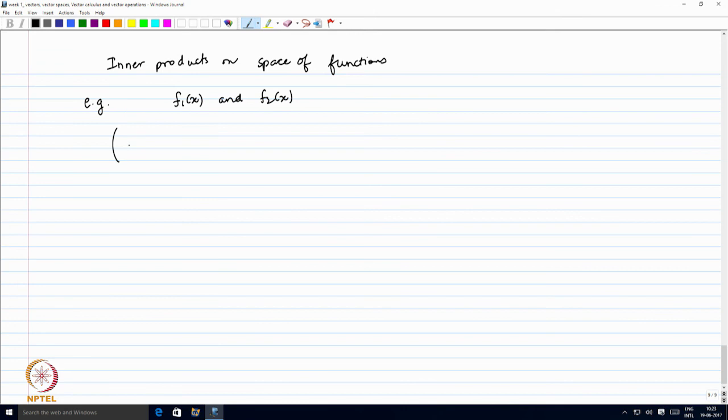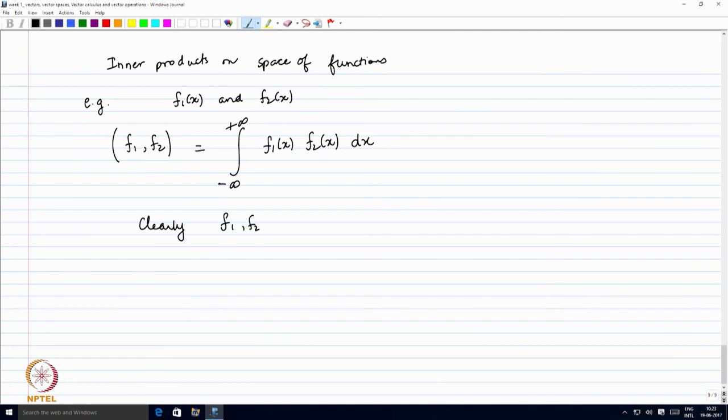Their inner product I will just write as f1 comma f2. So, these are vectors. We think of them as vectors. So, you may define them in this form: integral f1 of x f2 of x dx over whatever the range of x is. So, if x goes from minus infinity to plus infinity, it goes over that range. So, over the entire range of x, this would be a valid definition of inner product, because clearly